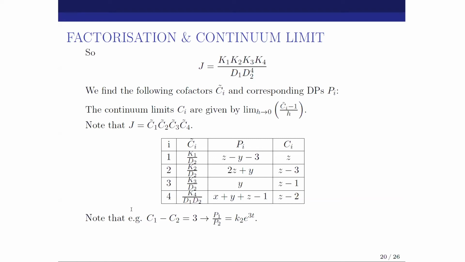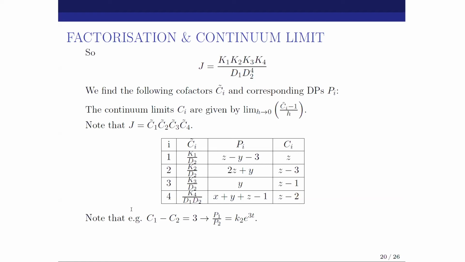So in this case, we have 4 different cofactors in the left-hand column: K1 divided by D2, K2 divided by D2, K3 divided by D2, and then K4 divided by D1 and D2. And for each of those, we found a Darboux polynomial. I haven't written out from the previous slide what the Ki's are; you can, of course, substitute, and that's a very complicated expression. However, it turns out the continuum limits of the cofactors are very easy. They're written in the right-hand column,